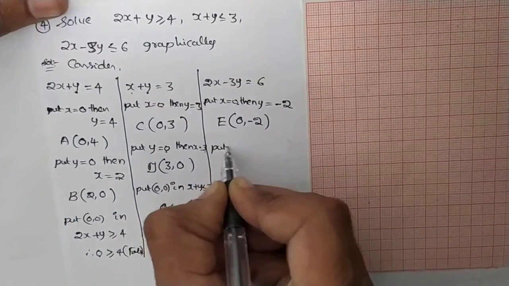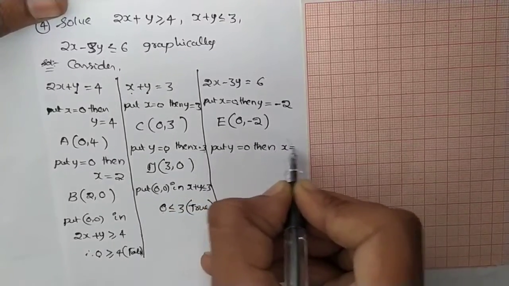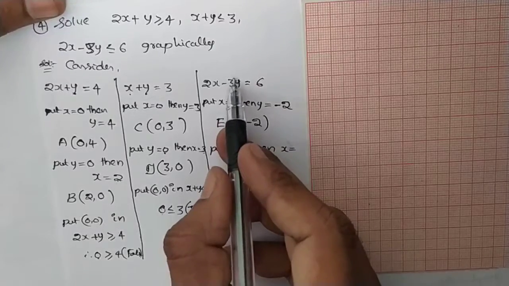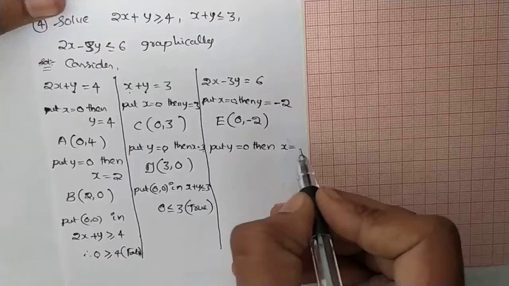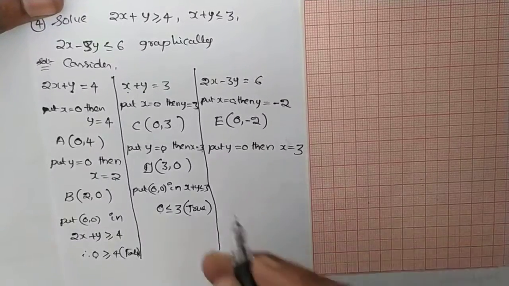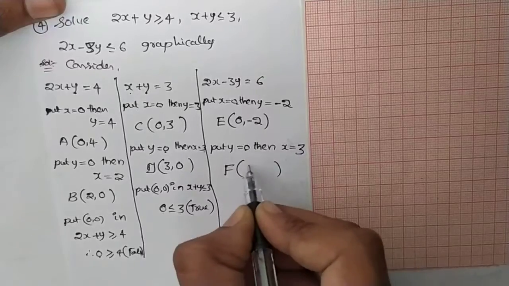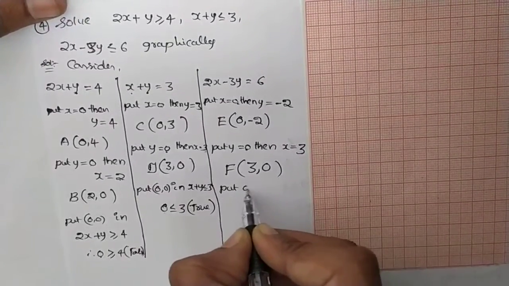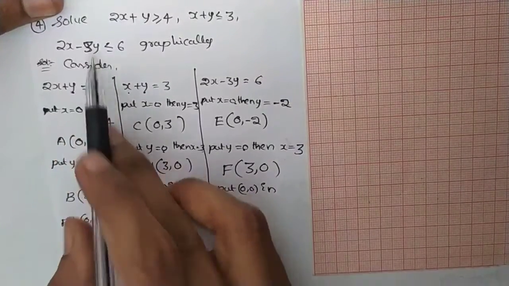Similarly, put y equals to 0. Then x equals to what? If we put 0 in place of y, then this entire term will be 0. 2x equals to 6, x equals to 3. Then it is a point F, 3 comma 0. Then last step, put 0 comma 0 in the given inequality, 2x minus 3y less than or